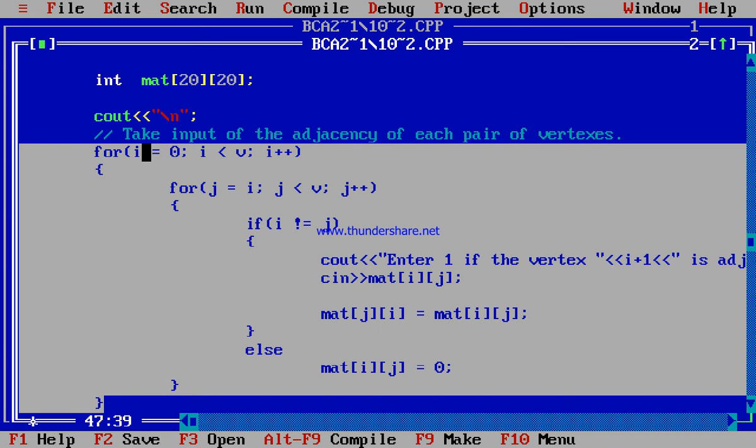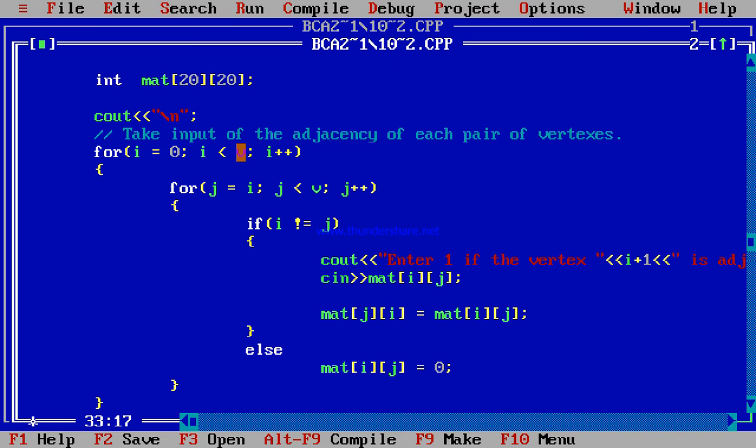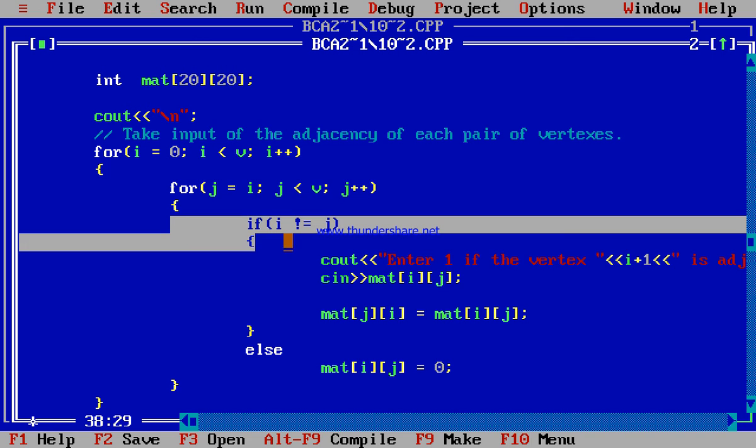The first for loop is from 0 to v. This v is the number of nodes entered by the user, and another for loop is from 0 to v, because here we check it for the adjacency matrix. An if condition is also present there: if i is not equal to j.